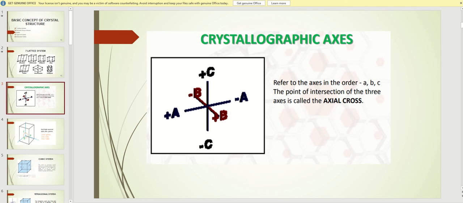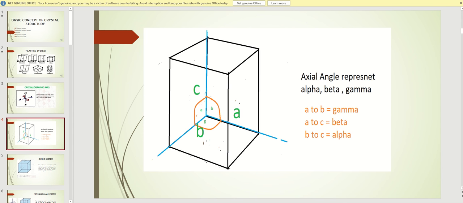It refers to the axes in order of A, B, and C. The point of intersection of the three axes is called the axial cross. Axial angles are represented by alpha, beta, and gamma, where A to B is gamma, where gamma is the angle, A to C is beta, where beta is the angle, and B to C is alpha, where